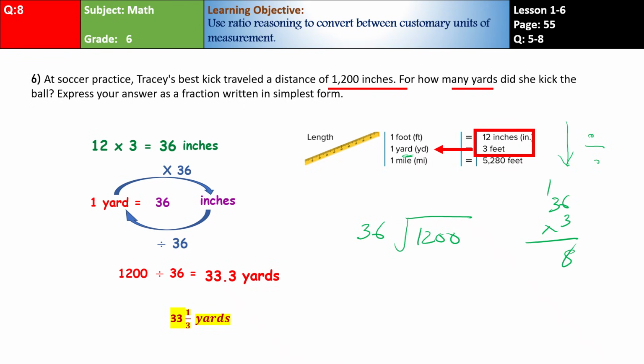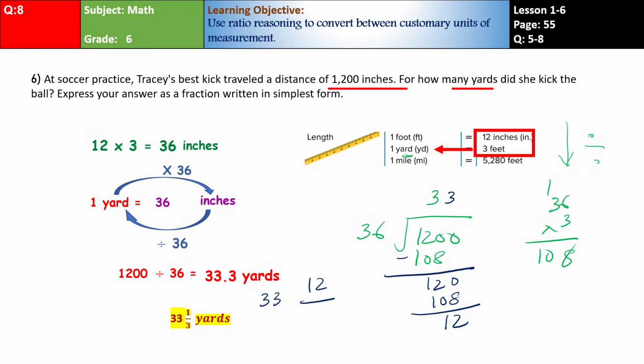3 times 3 is 9, plus 1, 10. 108 times 3 is 108. You will do minus: 12 minus 8 is 12. Bring the 0 down. Again you have 120, so 3 times is 108. What do we have again? 12. So 12 is left, so I can write it as a mixed number as 33 whole